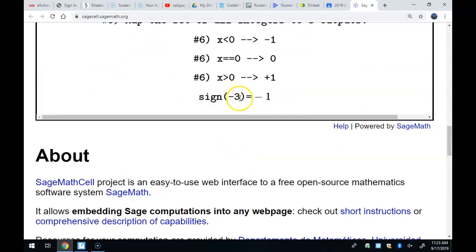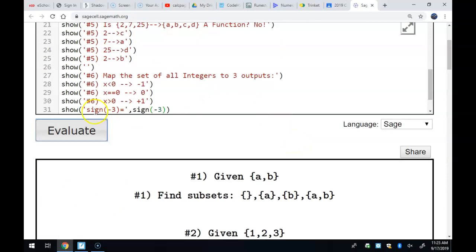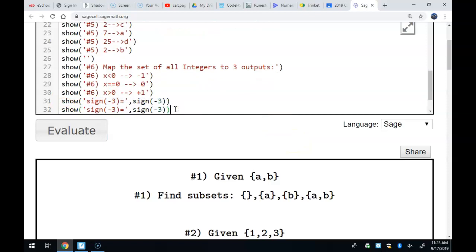There it is. So if you plug in a negative, any negative, you're going to get -1. There you go. If you plug in 0, you're going to get 0. So there is such a function. Okay, good. So if you plug in 0, you get 0. And if you plug in any positive number,